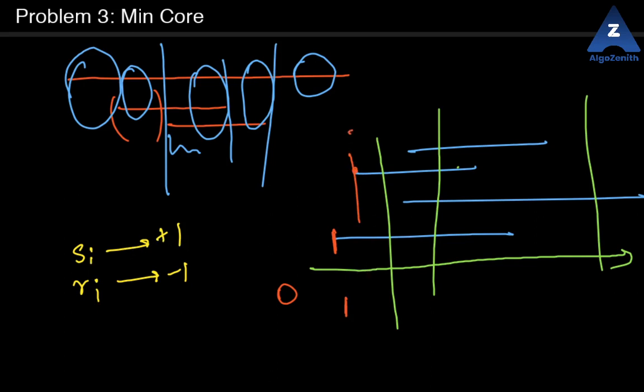So beyond that it is 2. Then this is a starting point, this is 3, this is 4, then this is an ending point, so this will be -1, so this is 3, this will be 2. So we are basically maintaining a running counter and doing these updates as you see S and R. When you see this you do 1, and then when you see the last one you go back to 0. You started from 0 and you went back to 0.